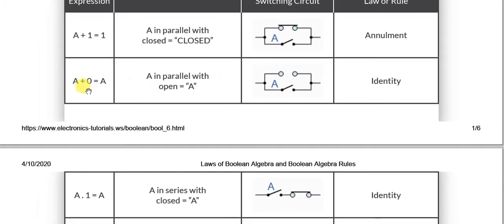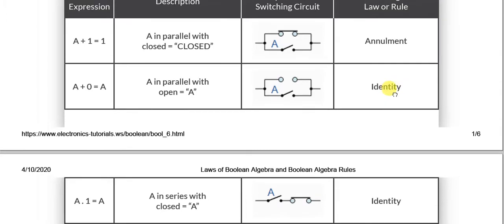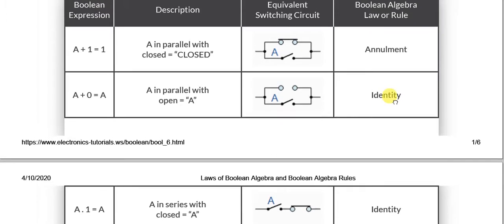Similarly, A plus 0 is equal to A. As in decimal, where we have normal algebra as well, anything which is added to 0 is the same thing. This is called the law of identity, and the other is the law of annulment. Annulment means A plus 1